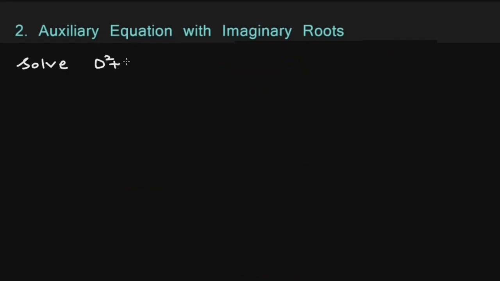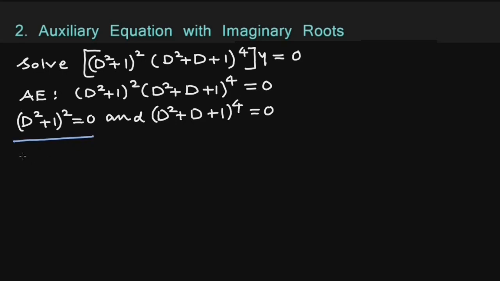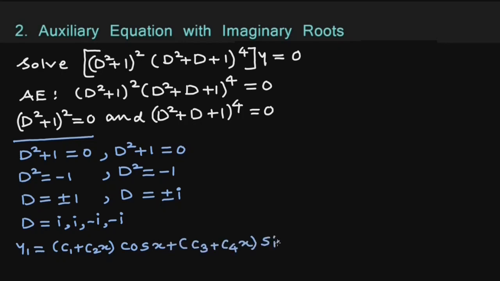Solve (d square plus 1) whole squared into (d square plus d plus 1) whole raised to 4, y equals 0. Auxiliary equation: the first factor gives d square plus 1 equals 0, d square equals minus 1, d equals plus or minus i, repeated 2 times. Accordingly, the first part of the complementary function y1 is (c1 plus c2x) cos x plus (c3 plus c4x) sin x,